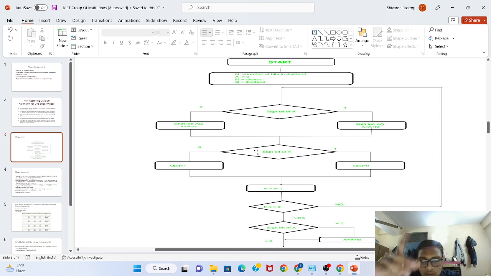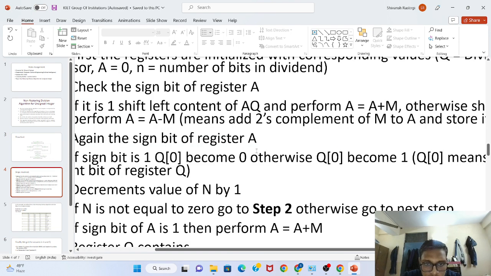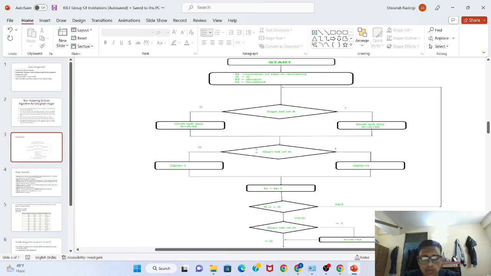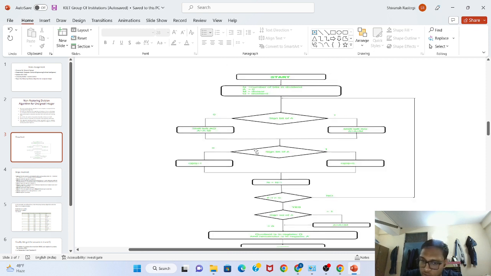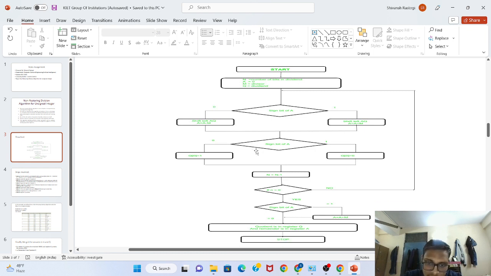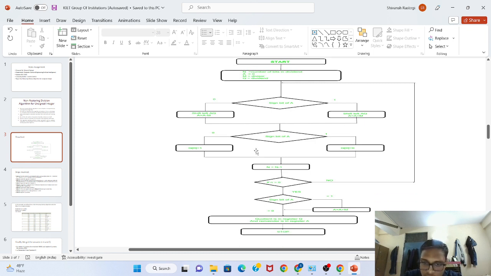तो आपको दो बार कंपेयर करना होगा साइन बिट ऑफ ए, और उसी के अकॉर्डिंग आपको ऑपरेशन परफॉर्म करने होंगे. सो नाउ लेट्स मूव ऑन टू द नेक्स्ट स्टेप, विच इज़ so what if the number of bits become 0? So if the number of bits become 0, then for the third time we compare the sign bit of a. So if the sign bit of a is 1, we get accumulator as accumulator equals to accumulator plus m. And if the sign bit of a is 0, we directly get the answer, which is stored in q and